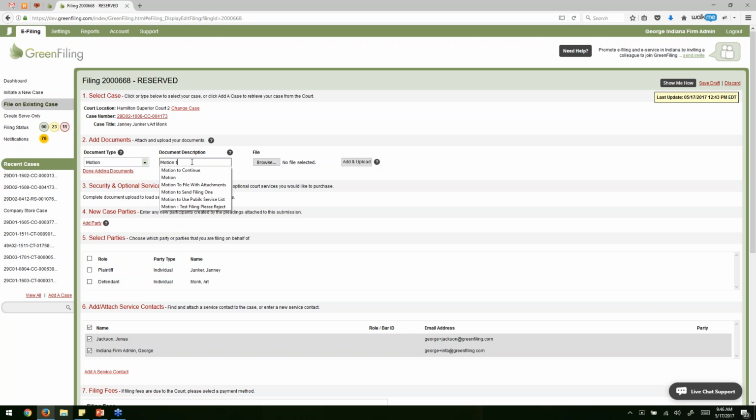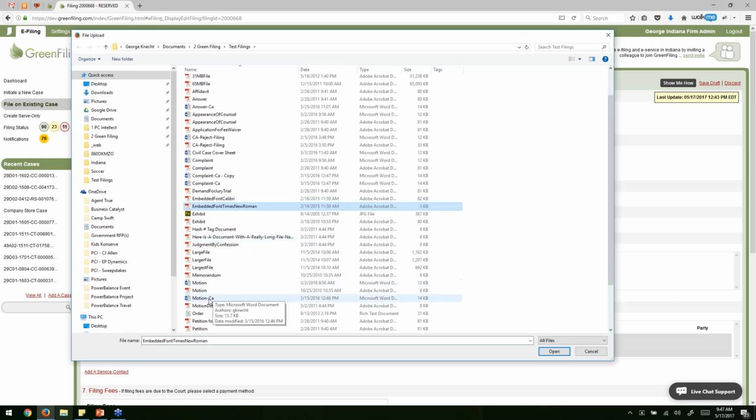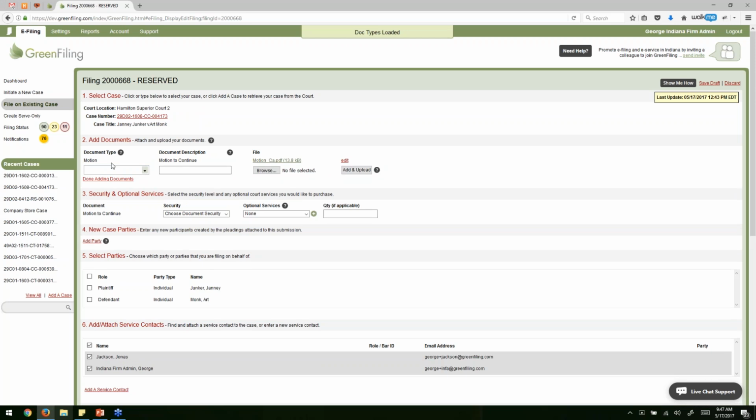That will default into my description field, but I can expand upon that. So if I want to call it a motion to continue, I can do that. And then I can browse out to my computer and select my motion and add and upload. And again, we can add as many documents as we need to as long as we're filing them on this